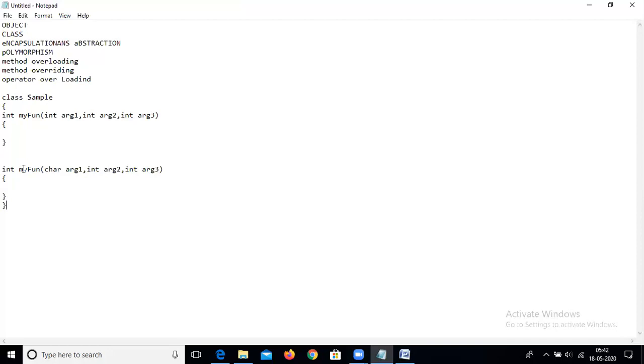If we have an inheritance type relation, and we create the object of the subclass, meaning the class which is going to inherit another class, the function call first goes to the subclass, checking whether the function is present inside that class or not. If the function is present in that class, then it's okay. If it is not present in that class, it will go to the superclass. Let me show it. Suppose this is our superclass.